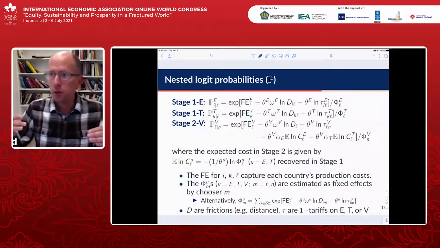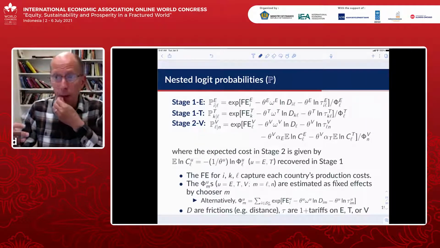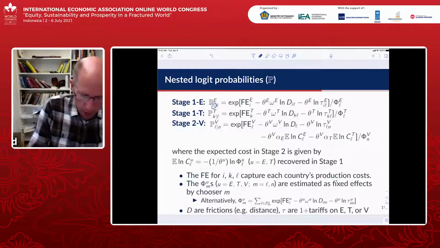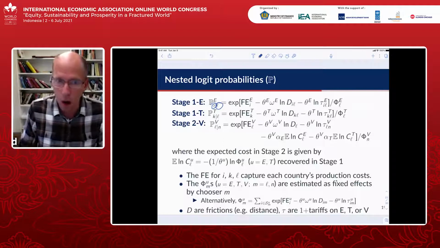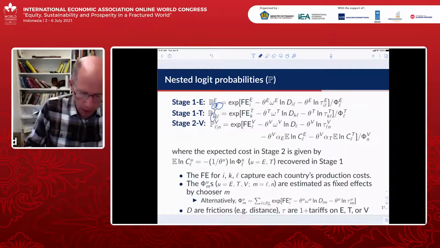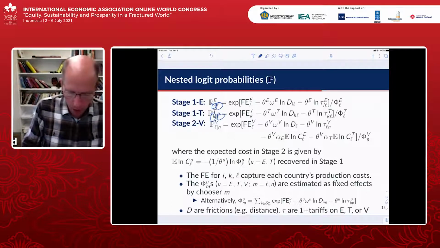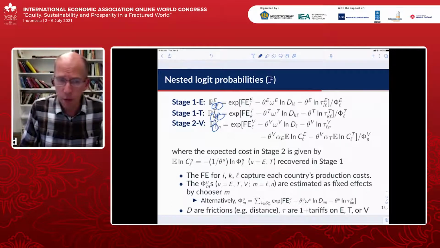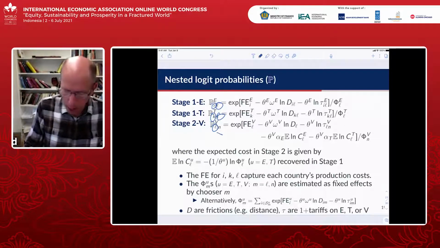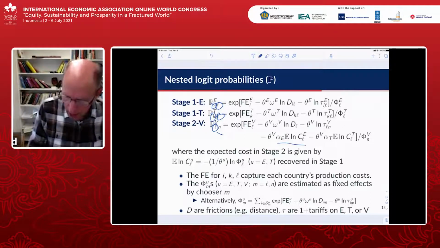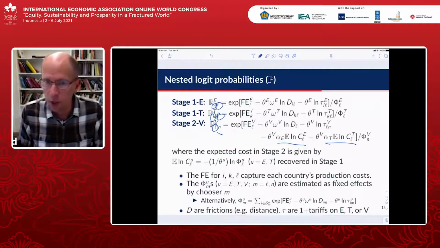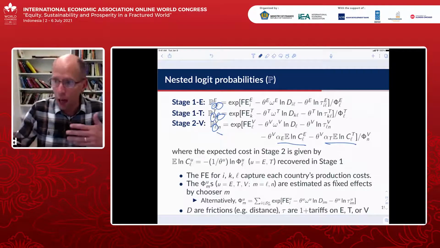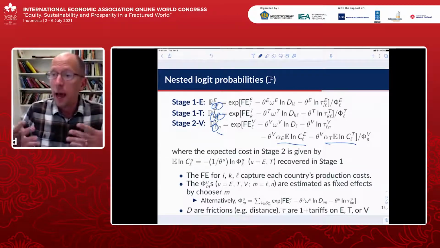Each of these decisions is a multinomial logit decision. And so you're first choosing where to get the transmission, conditional on where you're assembling the car, and where to get the engine, conditional on where you're assembling the car. But then when you make your decision about where to source the final finished vehicle for a given market, you take into account the expected costs of engines and transmissions, conditional on choosing L as your location. So each potential location L has a different expected cost.